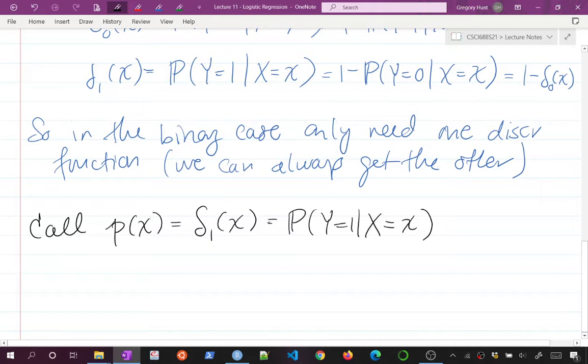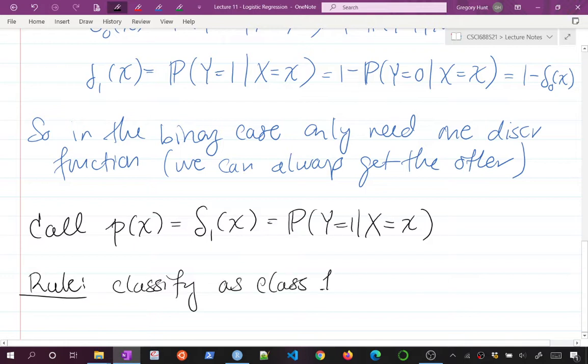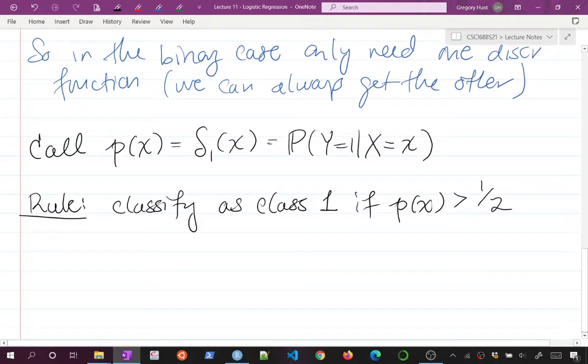And our rule, we said we're going to model this directly, so we'll talk about that. After we model it directly, our rule is that we'll classify as class 1 if this p for our given x is bigger than 1/2. And the reasoning being that